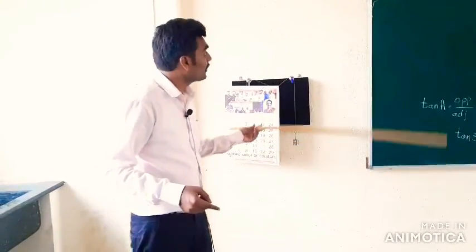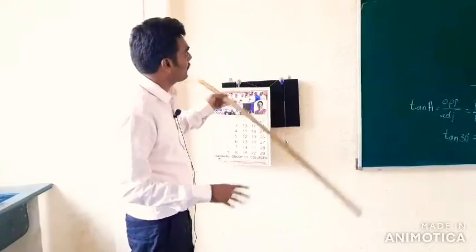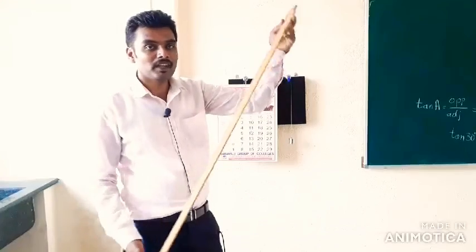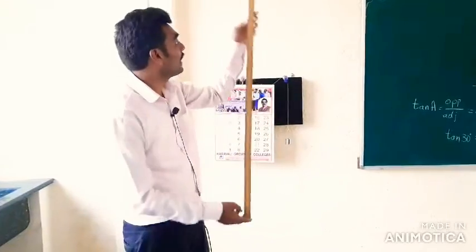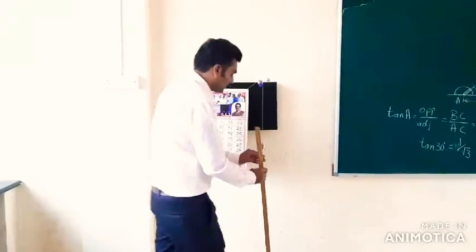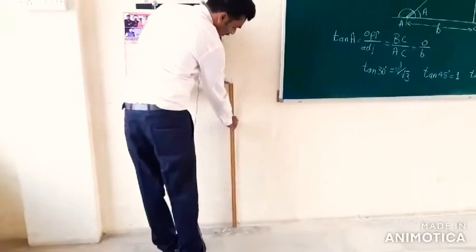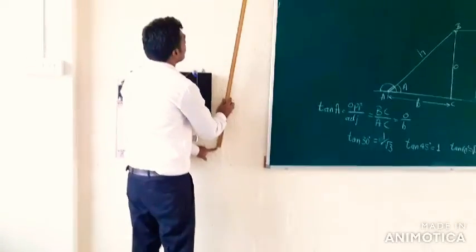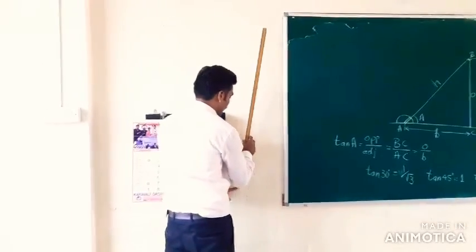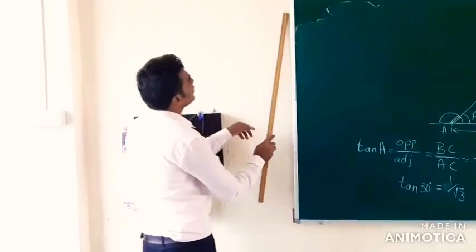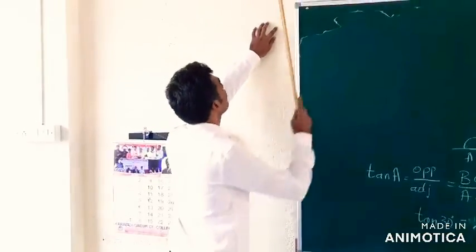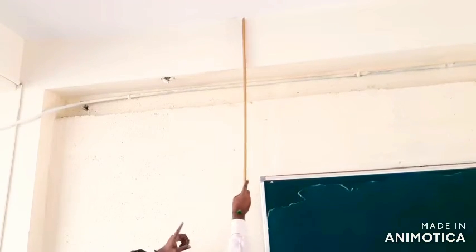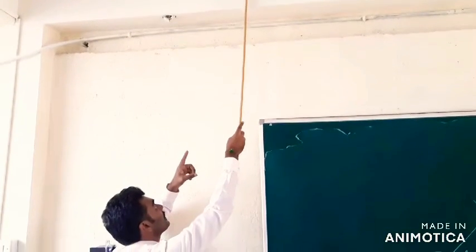Now, to verify the height of the wall, what I have with me is a scale again, which is of 100 centimeter length, and I'll make use of this scale to get the height of the wall. Let me see what is the height of the wall. So from here to here, it is 100 centimeter, okay, and again from here to here. If I take the reference of the board, from here to this point, it is 100 centimeter more, and from here to here, yes, it reached the top of the wall, as you can see, right?